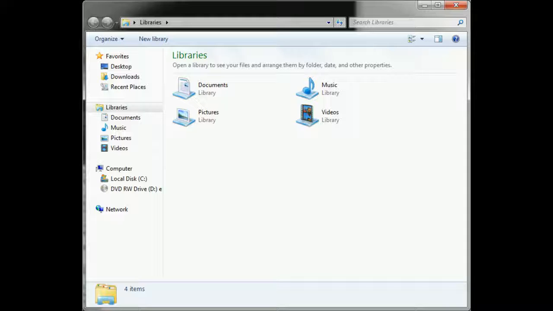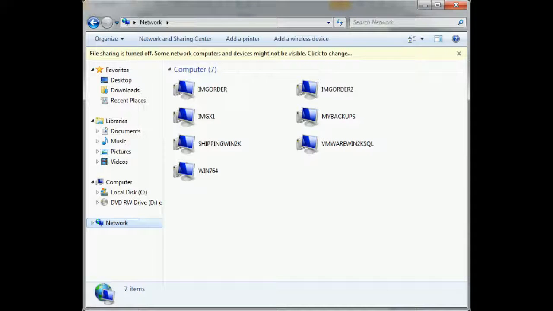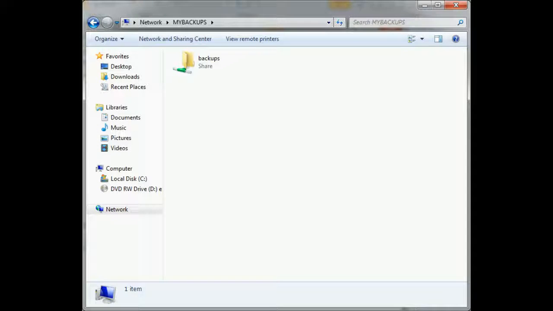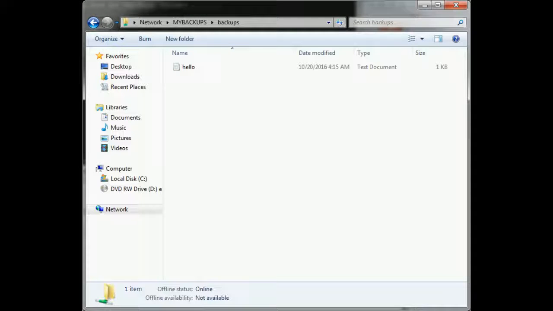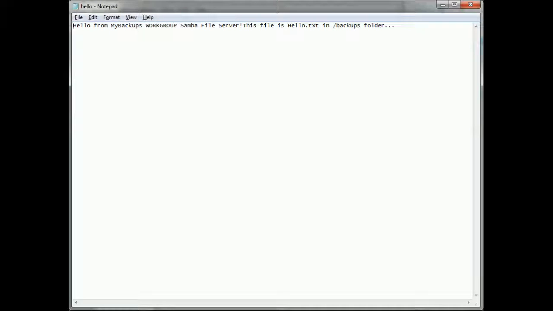Again, this is Windows 7, so we go to Explorer, we go to Network. This has many different servers on our local network here, but you can now see the My Backup server, and when you drill into that, you will see the backups shared folder, and as we drill into that, boom, we see our hello.txt file. We can then actually open that, and you'll note here that in Notepad the line feed